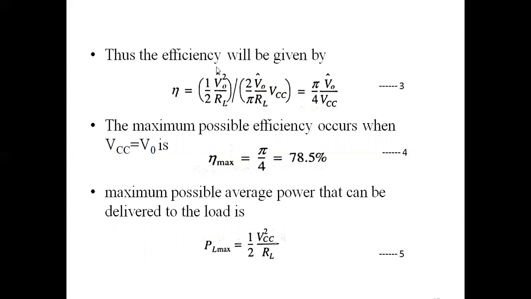This is load power and this is supply power. When we simplify this equation, we get pi by 4 into V